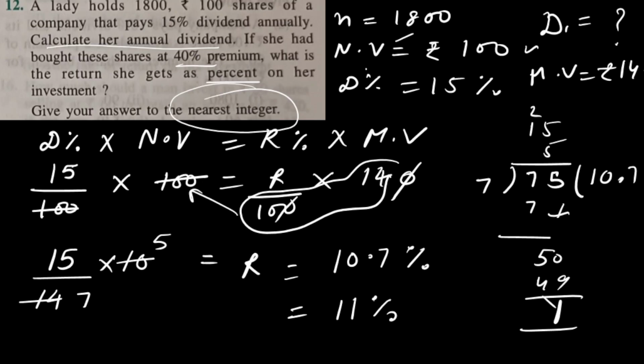So with this we have completed this question also. So I have completed 12 questions of exercise 3B, shares and dividends, grade 10th ICSE board. If you have any doubts, you can comment in the comment section. I hope you have understood the video. If you want any changes, you can also comment. You can give me feedback.